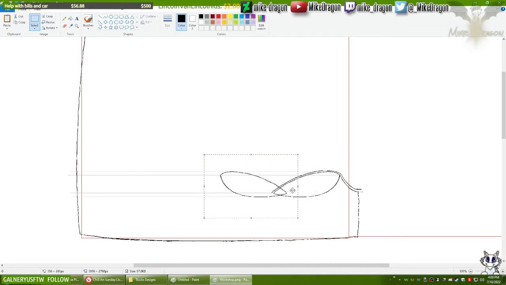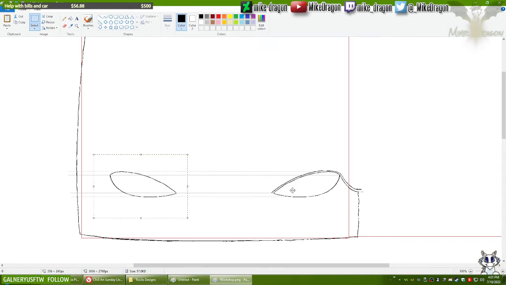Another thing that I could do is, instead of drawing the headlight completely, I could manipulate this one and then resize it a little bit and then draw over it. Yeah, let me do this to test, and then I will see if that idea might actually be good.